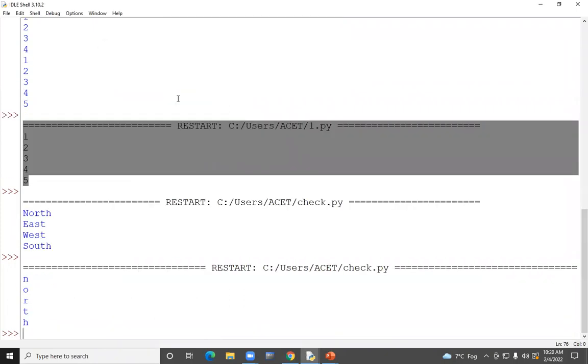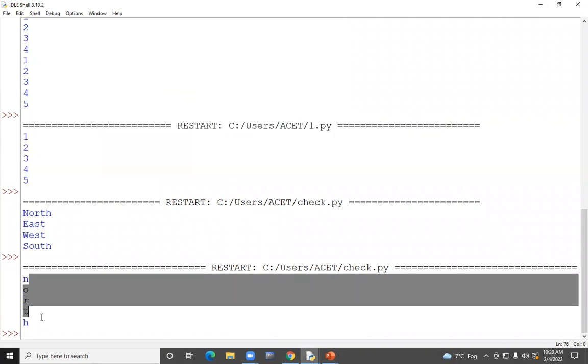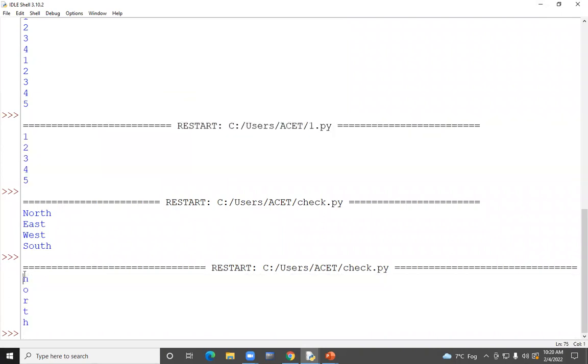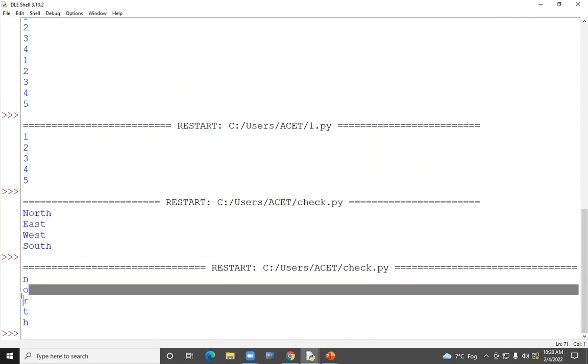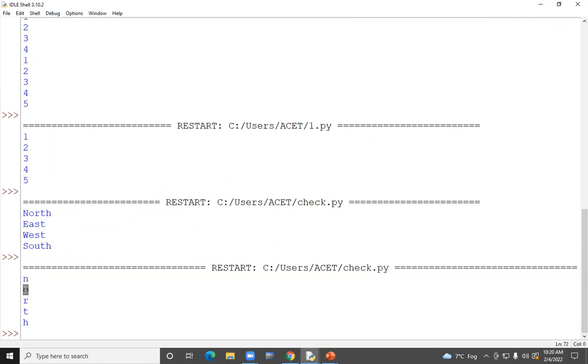Your output will be in the form of N in one line, O in one line, because there are iterations. After each iteration, there are 5 letters in your note. After each iteration, your output will get printed in the next line itself. You don't have to give another print statement here, because you know when you give print,